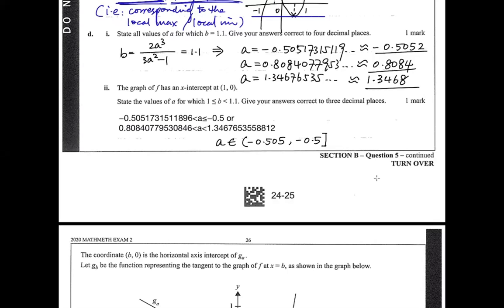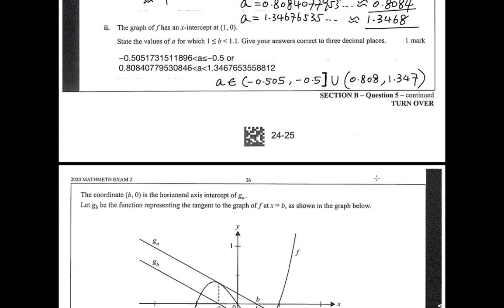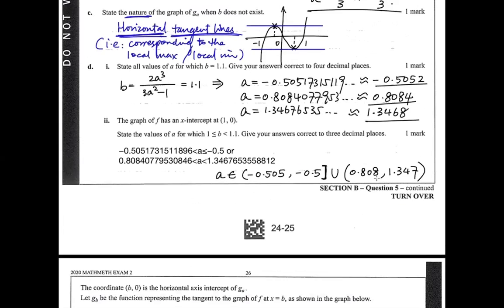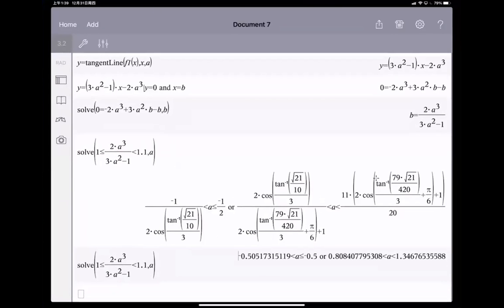Actually, close bracket, union. Something like that, or you could just write the inequality notation. That doesn't matter. Right. Okay. In terms of the graphical approach, for Casio ClassPad users, you have to sketch the graph of, for